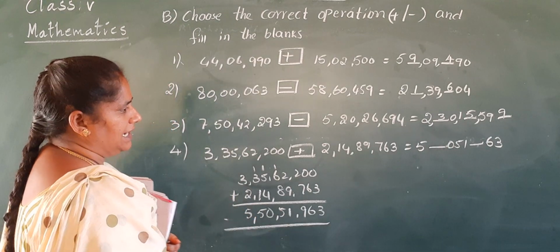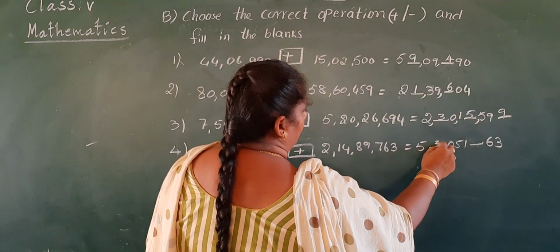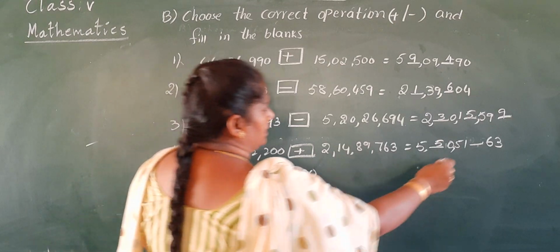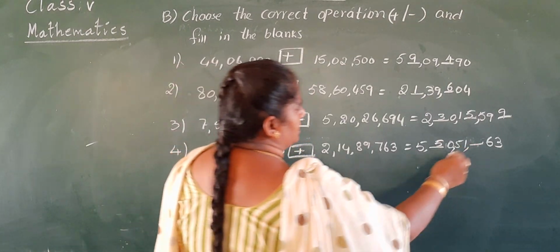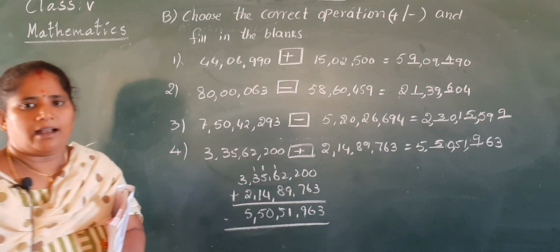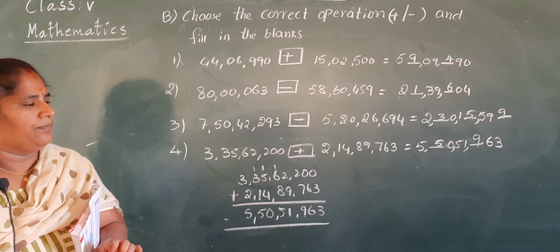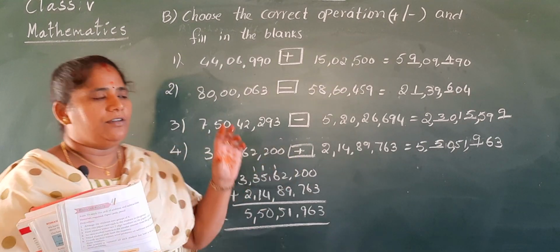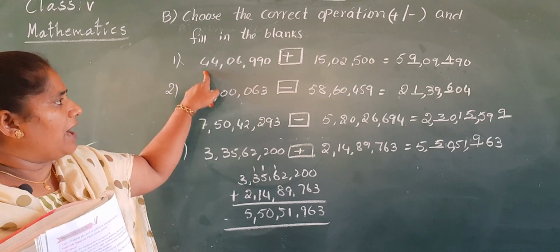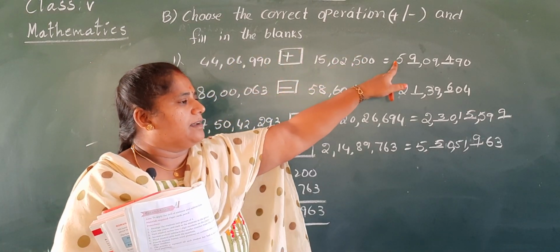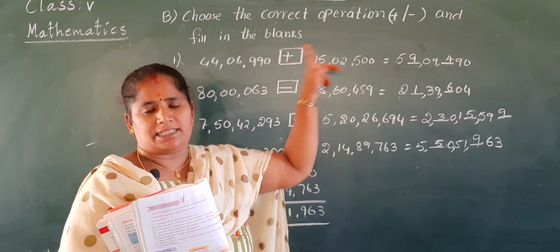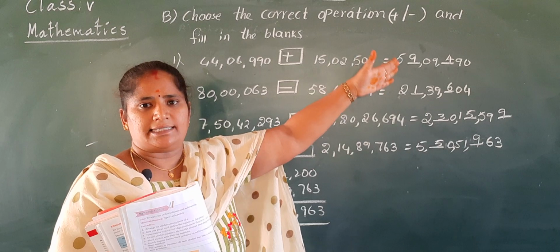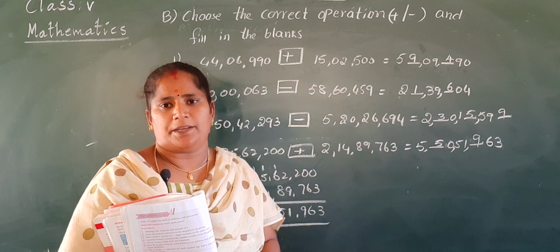5 crore, 50 lakh, 50. So here 5, comma, 50 lakh, comma. Next 51,000, comma, 963. Missing number is 9. 963. Okay, ma? Is it clear to you, Nana, how to do? So which operation we have to select? First you see the highest place. If you add that numbers, then we can get the sum is greater than these two numbers. Okay? So if you subtract these two numbers, then we can get the less number as a difference. The 2 points you keep in your mind.